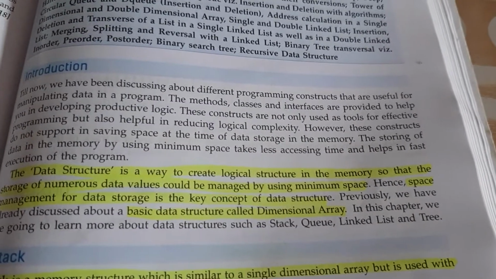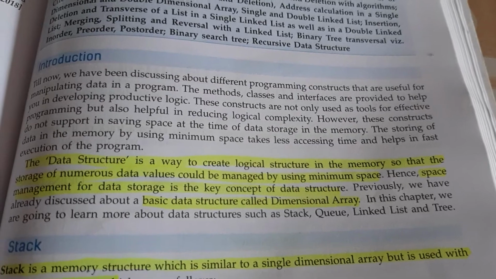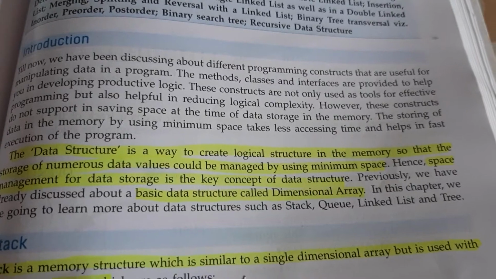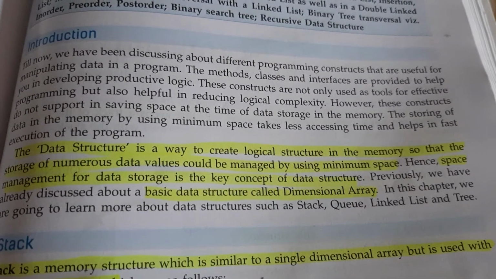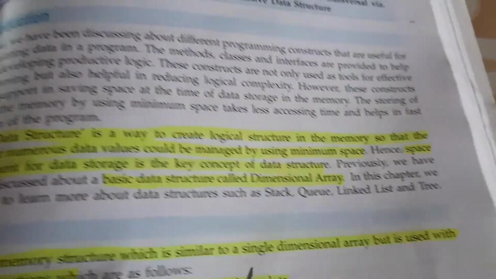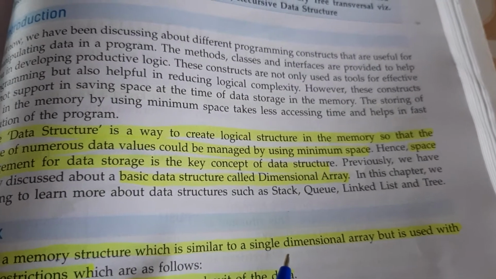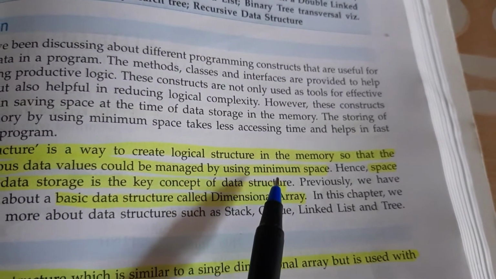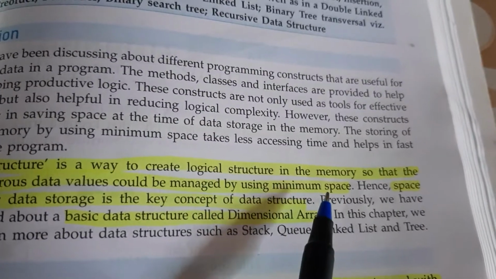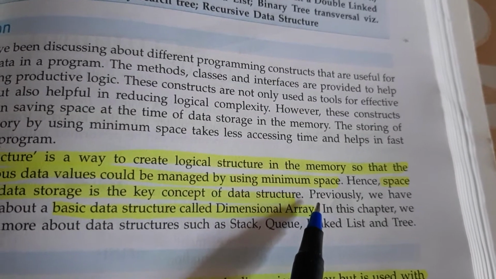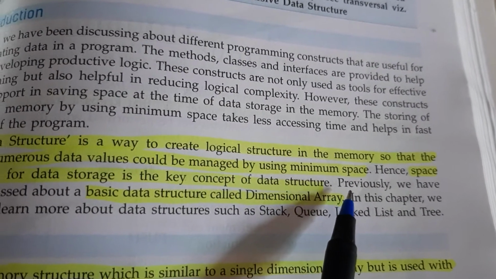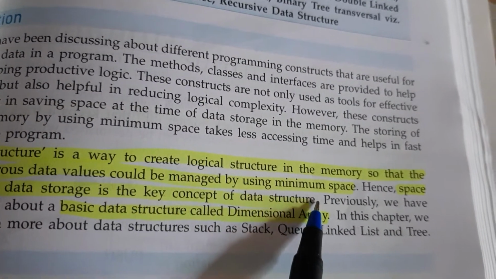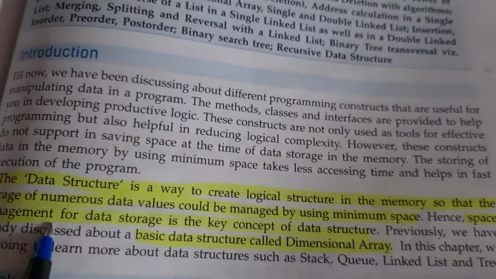Now, why do we need this data structure? What is this data structure? Let us try to understand that a computer stores a number of data in it, but how exactly it is managing it is due to the data structure. A data structure is a structure in the memory that is used to store multiple data within a small space, within a minimum space. So whenever you are storing data, suppose we have to store multiple data, how can you manage it? Using the data structure we can manage to store multiple data in a small space.